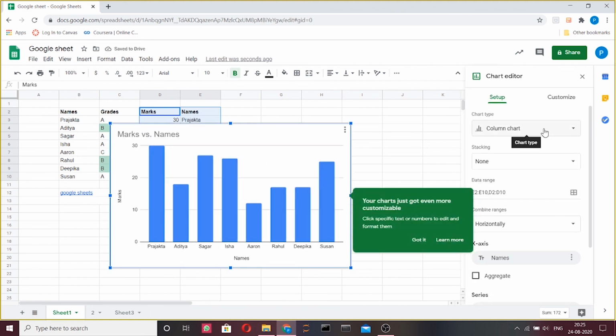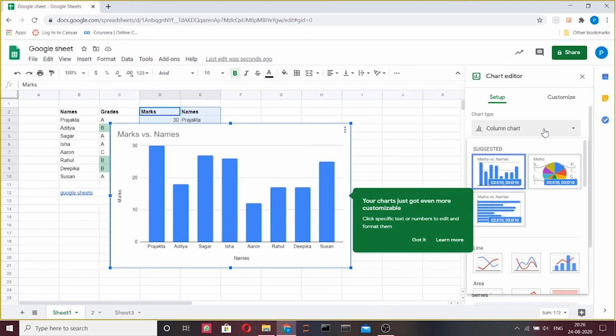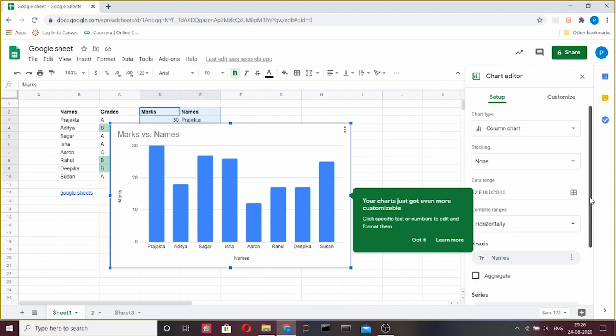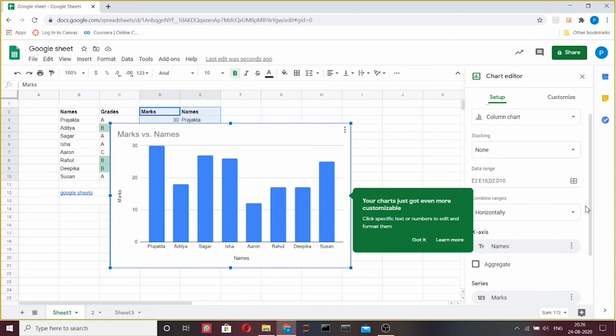Next, we have a number of options. We have chart type, where we select the kind of chart we require. Pie charts are best when all of the data adds up to 100%, and histograms are best for data compared over time. You have a few suggested graphs and a number of other options available as well. Then you can click on chart types for options, including switching what appears in the rows and columns or other kinds of graphs.